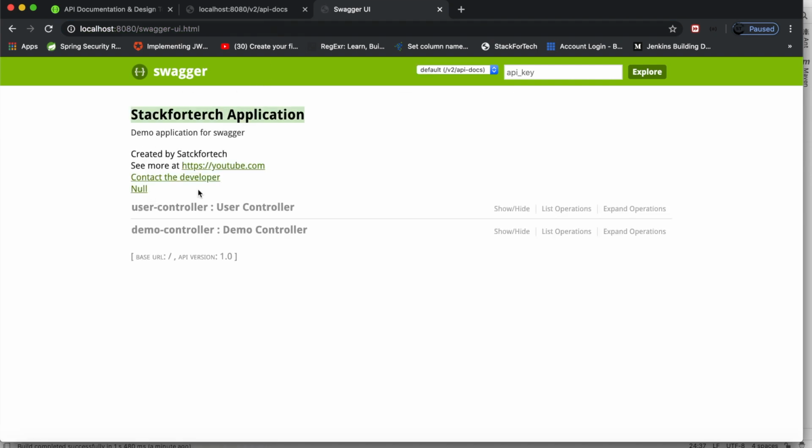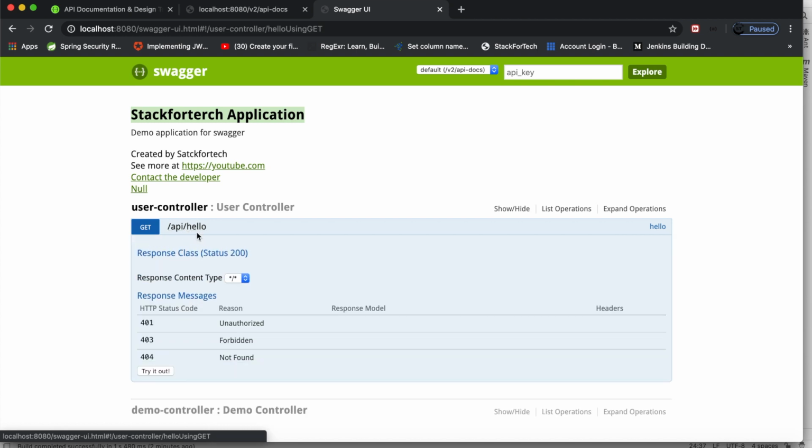So these are the details coming from the metadata, which gives more information about your application. Likewise, we can add more information related to a particular API, like what the request structure is, what the expected model class is as a response, and what error codes are acceptable or can be thrown by this API.